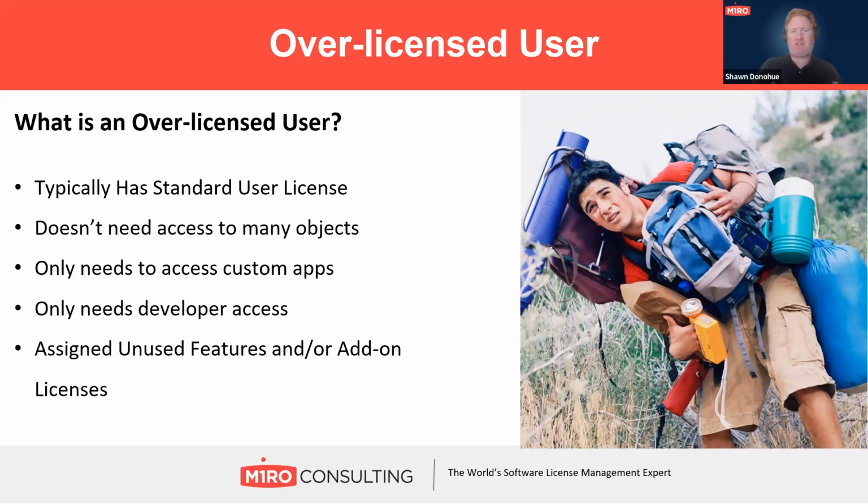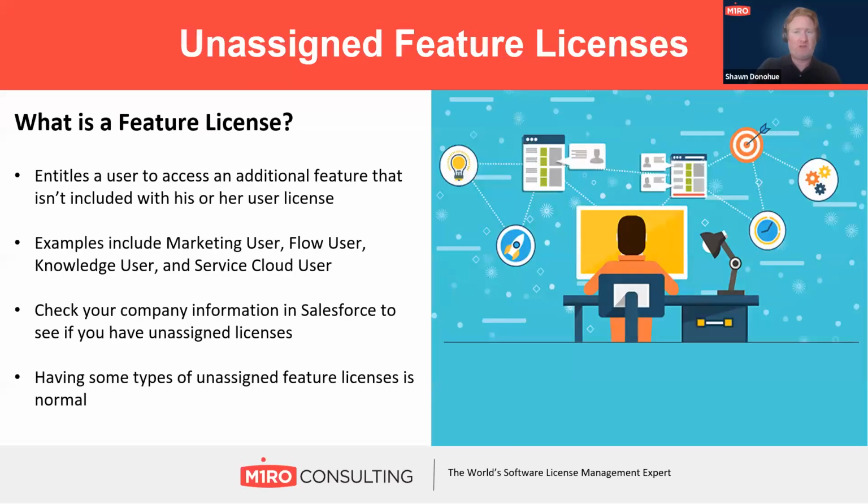And finally, the one we see here is the over-licensed user. They've got a lot of add-on access that they don't need. A classic example that we give for this is a sales team who has access to the Lightning Dialer and never uses it. And there are many other things like that, where the organization purchased certain features thinking their teams would use them, and their teams are not, in fact, using them. So they're paying for nothing.